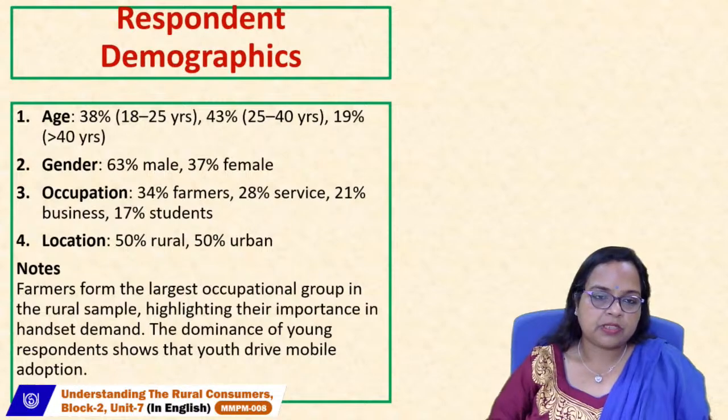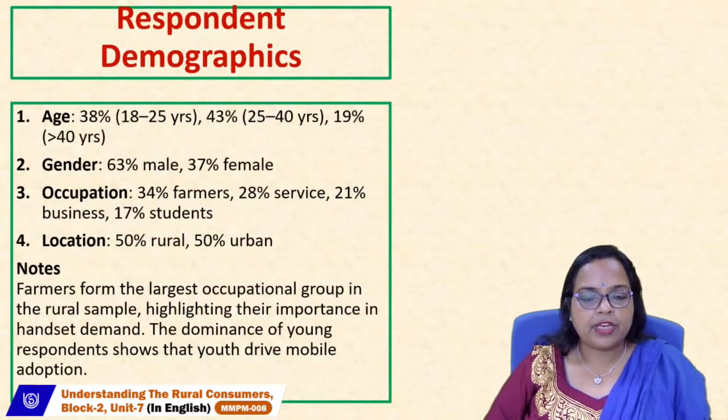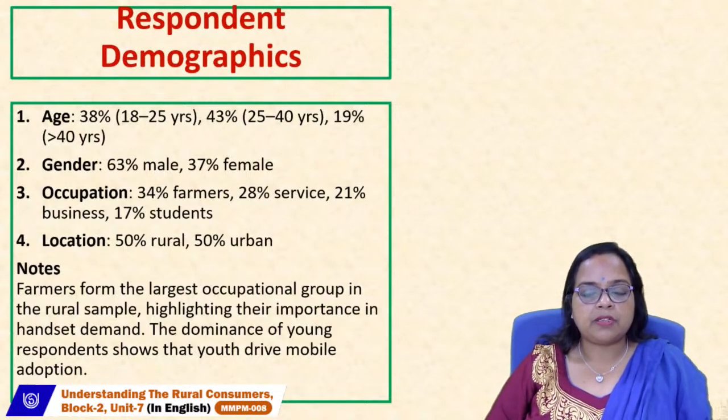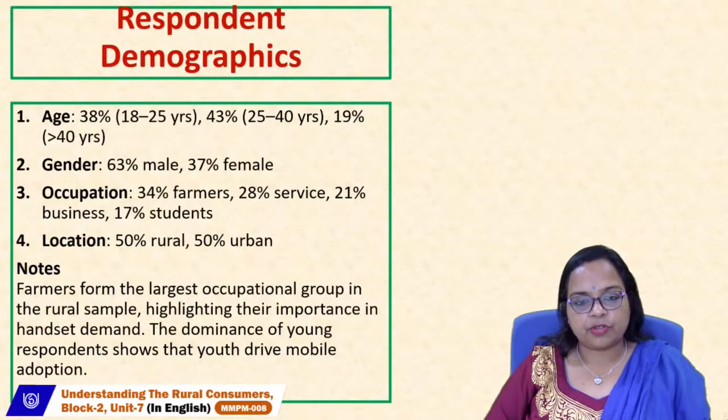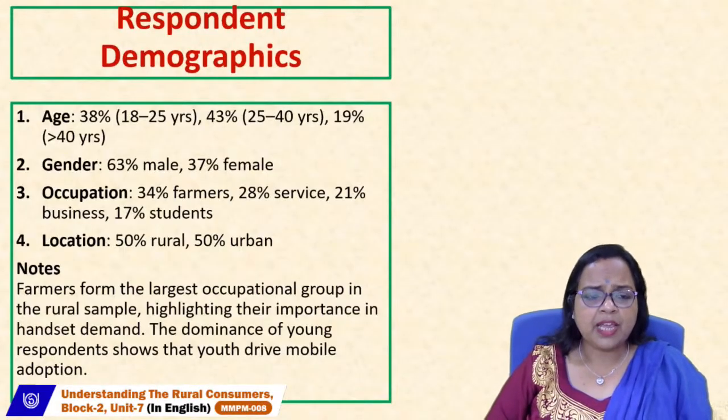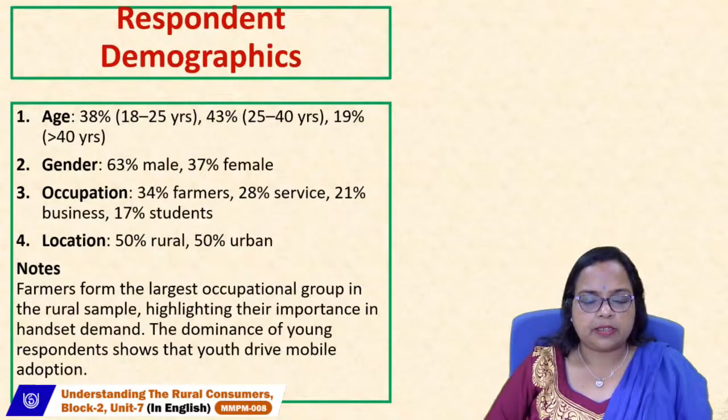Next, a good part of the customer base is aged 18 to 25 years. What does it simply symbolize? They will definitely look for a trendy mobile handset because their age is looking for that. Likewise, 63% are male and 37% are female. So the major dominant buyer in this population is male.